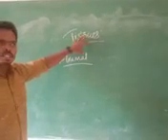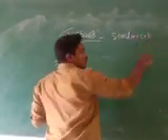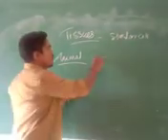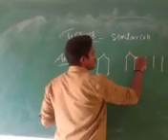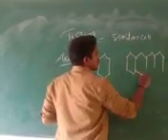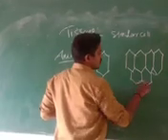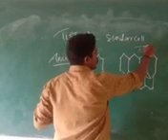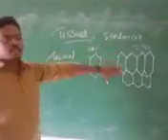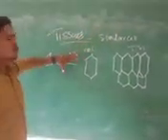The definition of tissue is similar for both plants and animals. Tissue means many similar cells joined together. As I told you that day, if this is one cell, many such cells joined together form a tissue. The definition is similar in plants and animals, and with that I have completed plant tissue and am now moving on to animal tissue.